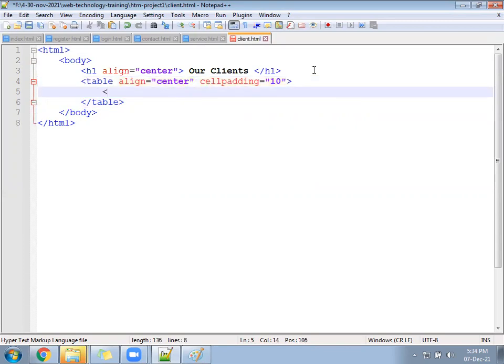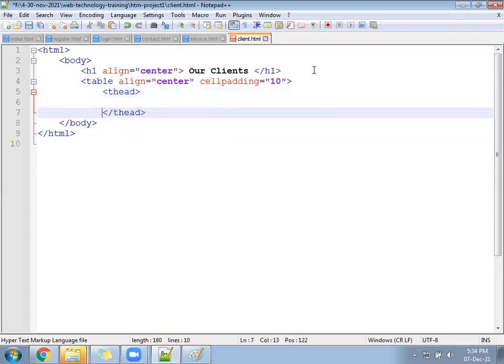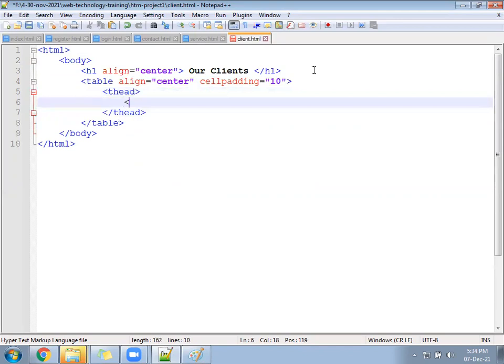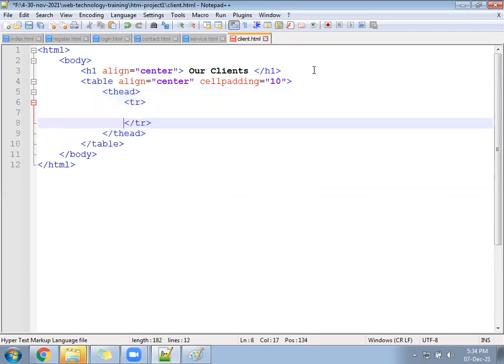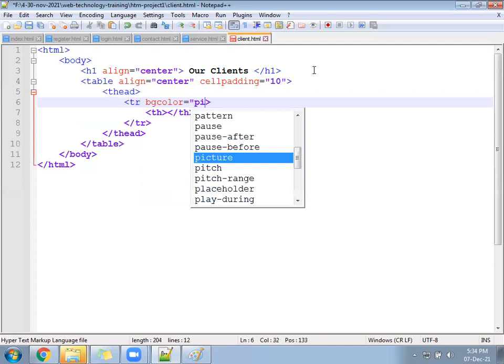Then inside T head, TR, TH. In the T head TR, BG color pink color.